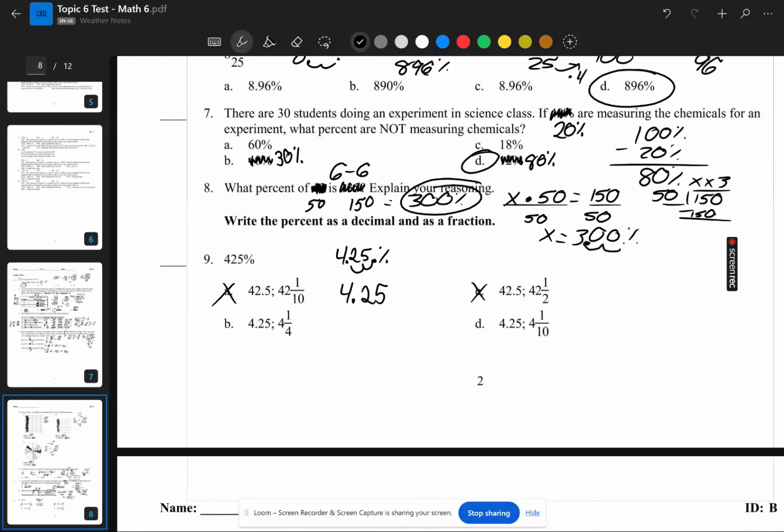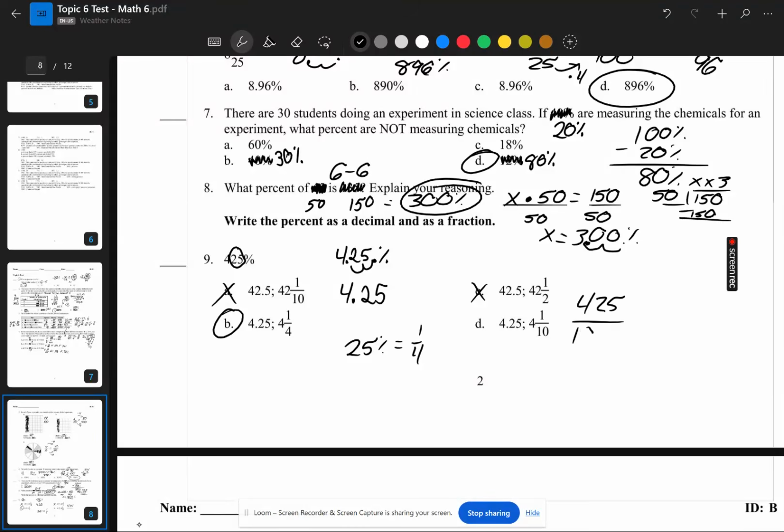So now it's just between 4 and a fourth and 4 and a tenth, which 25%, I should remember 25% is the same thing as a quarter. So that would get me B as the right answer. But even if I didn't remember that, I can put